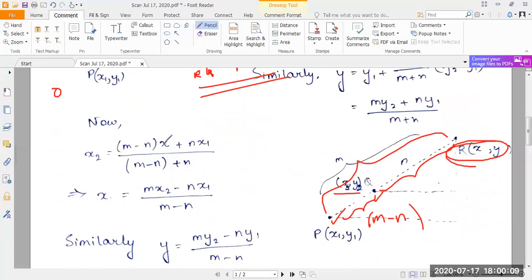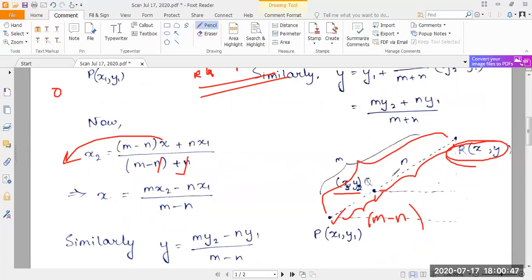So we now have a relation between x2, x and x1. What I do is I take out this value x and I include x2 on the right hand side. So this m minus n plus n gets cancelled. So I have m·x2 equal to (m − n)x + n·x1. If I take n·x1 to the left hand side, I'll be left with x equal to (m·x2 − n·x1)/(m − n). This is pure mathematical manipulation, and that is how I get the value for x, which is the abscissa for the point R.